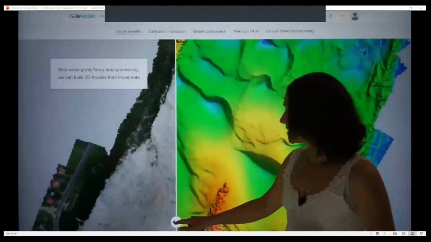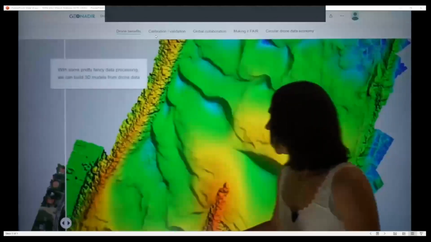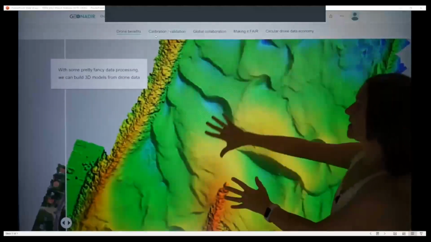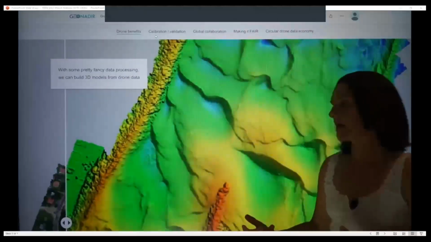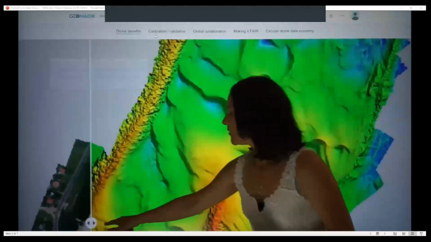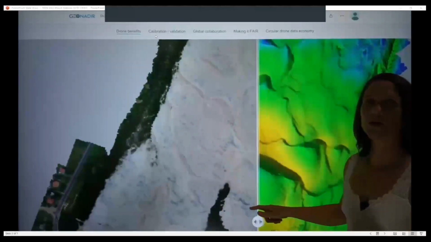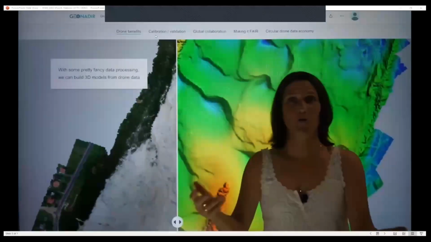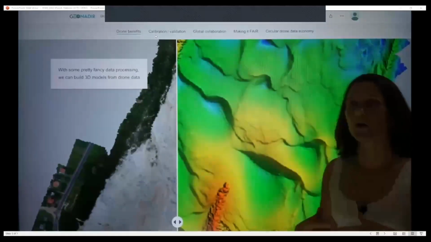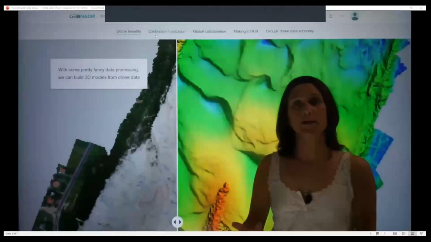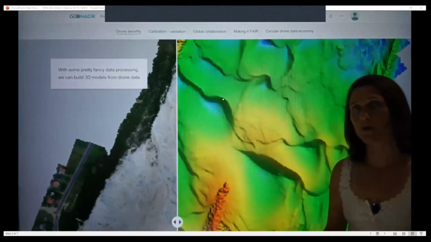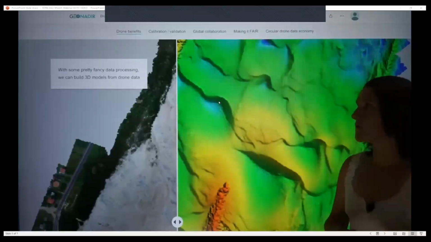And so in this case, I'm really interested in looking at the terrain, and we can start to see how the elevation changes over the areas. We can get this three-dimensional texture. We can look at the height of trees or even corals if we're interested underwater as well. So some really interesting processing techniques that we can use with drones that again just aren't available to us with